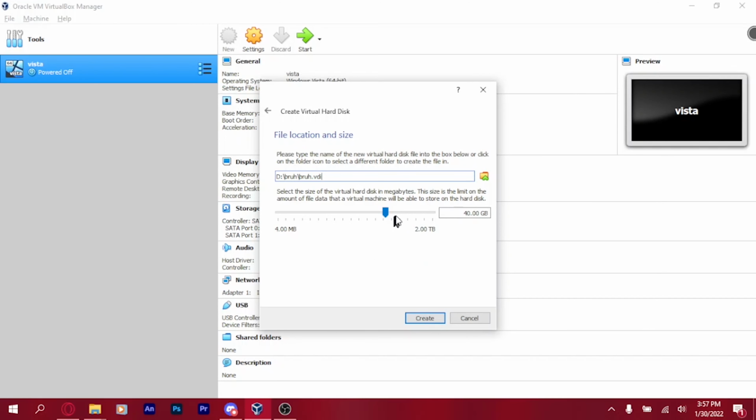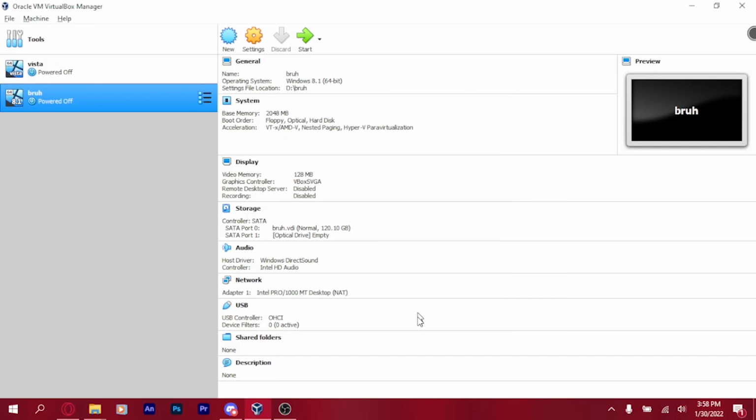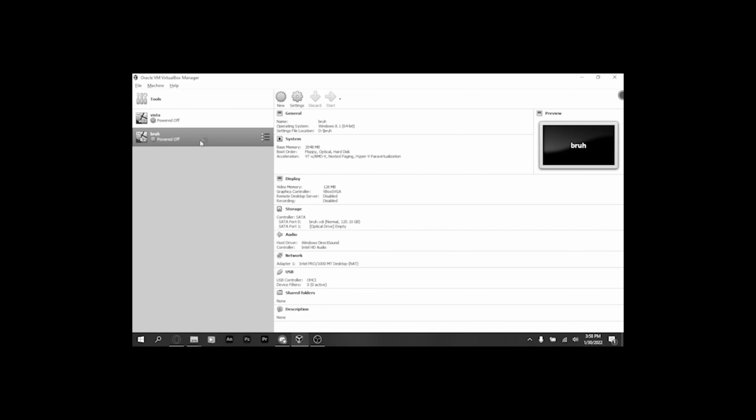We're going to assign it its hard drive space. Now, since I have the space to spare, I'm going to put it to. I mean, you don't have to put it to this. You could literally just put it to 100. We can put it to however you want. 120 terabytes if you have that much. So we have 120 gigabytes. That's the amount of space my computer has. So let's create. This is the final step, and now we're going to power up the very clever virtual machine